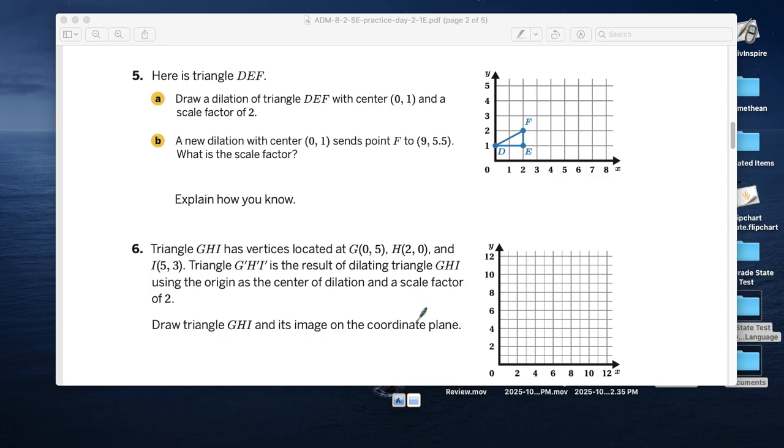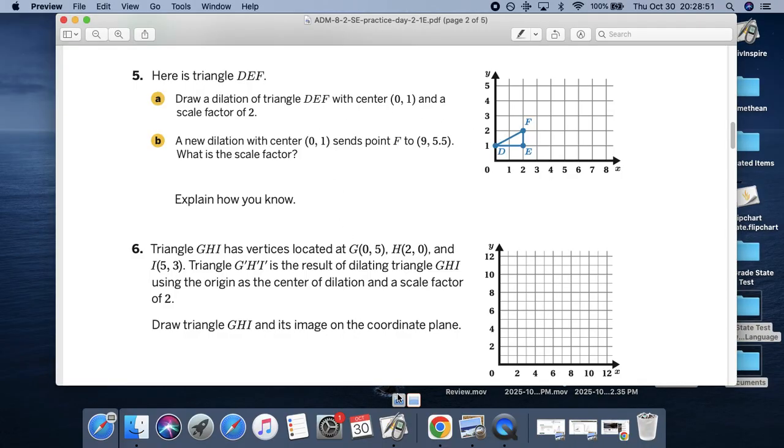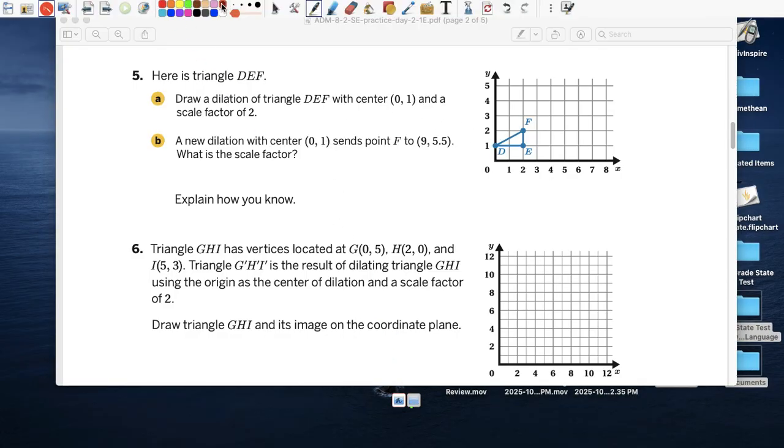Draw a dilation of triangle DEF with center (0, 1). Here's the center, right? So everything's going to be measured from that point. Everything's going to be doubled from the distance that you are from that point. Scale factor of 2. So to walk to E,